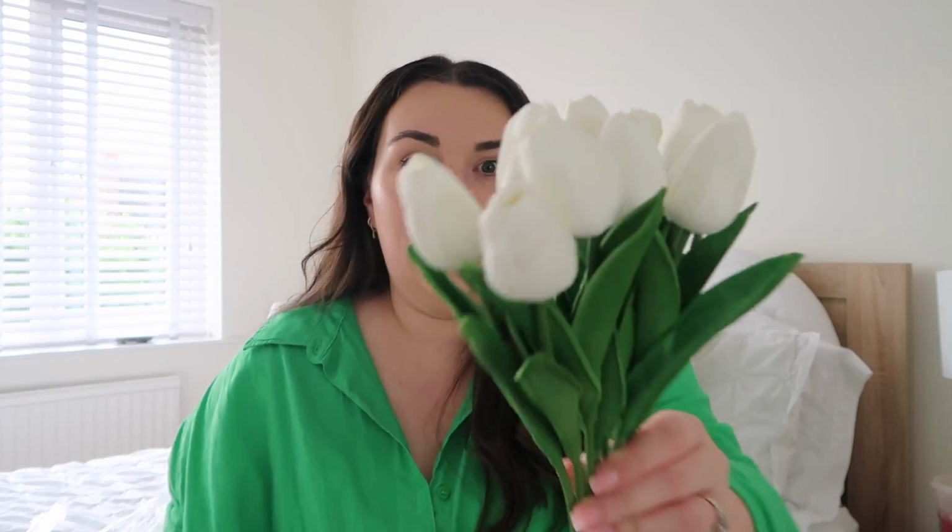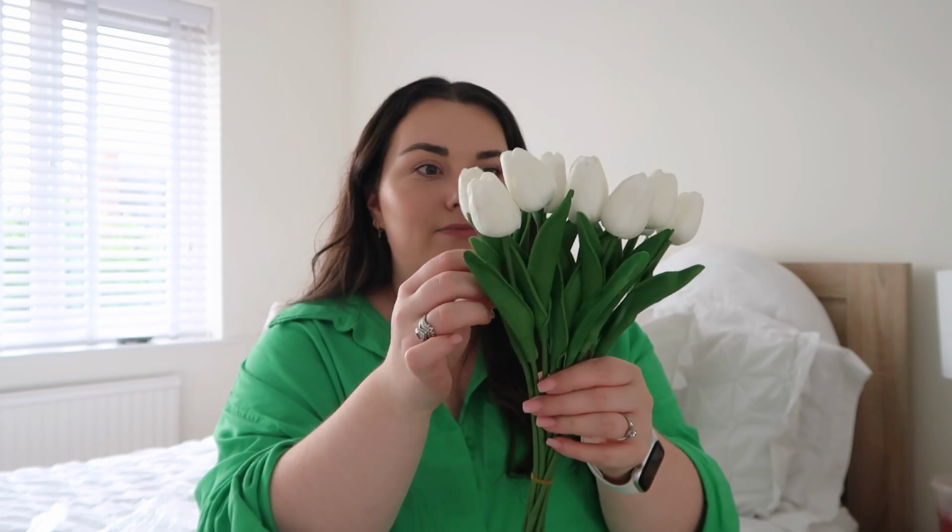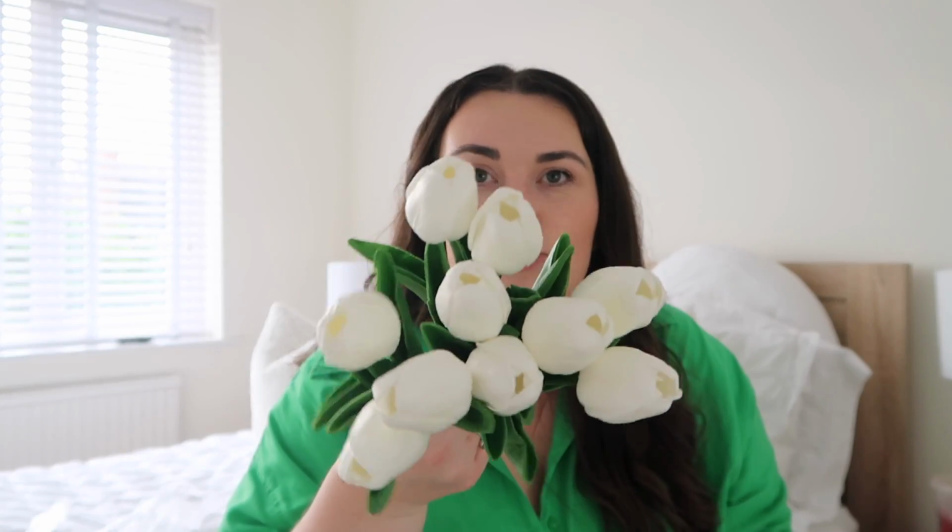£5 for 1, 2, 3, 4, 5, 6, 7, 8, 10. When I was looking at them in springtime, they were well over £10. So I just think the difference in the pricing and the fact that they're just really, really nice quality as well. The leaves do look a bit weird, but if you put a few eucalyptus in there, some other spring faux flowers in the bunch, the actual tulips look so good, really, really good